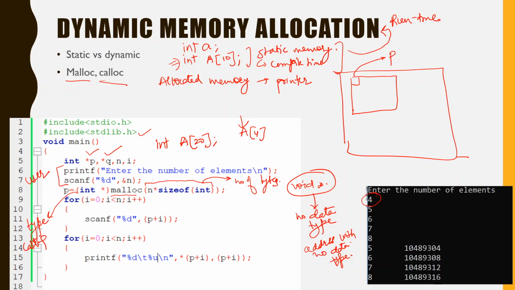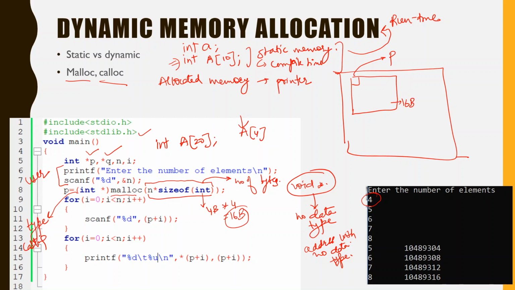If I ask you what is the size of this allocated memory, that would be n into sizeof(int). What is n? n is the number of integers that are required, and how much space those integers will take. One integer takes sizeof(int). sizeof is a function which returns the size of its parameter. Suppose an integer takes 4 bytes here, so n into 4, that would be 16 bytes. So this block would be of 16 bytes.